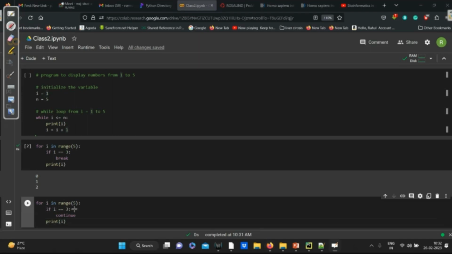for i in range 5, it means it will execute 0, 1, 2, 3, 4. So i value is initially 0. So it will check 0 equal to 3, no. So it will print that 0. Again, it will check 1 equal to 3, no, print 1. Again 2, print 2. Now whenever it comes to 3, i equal to 3, so it will not